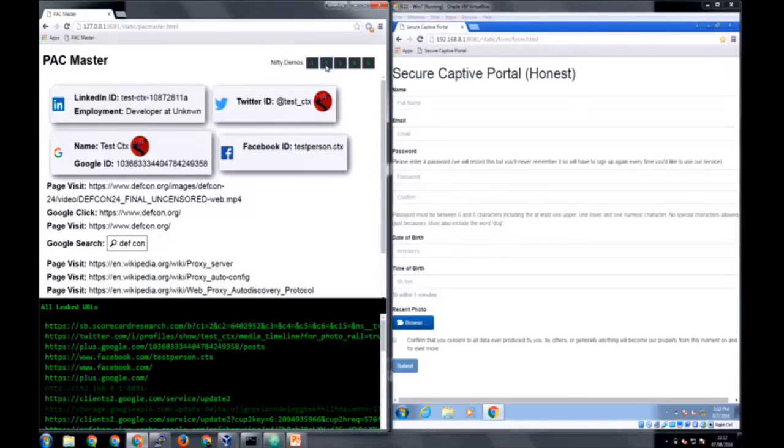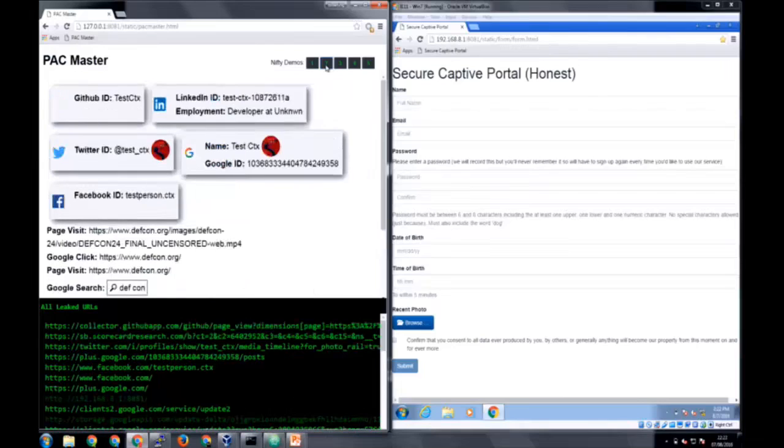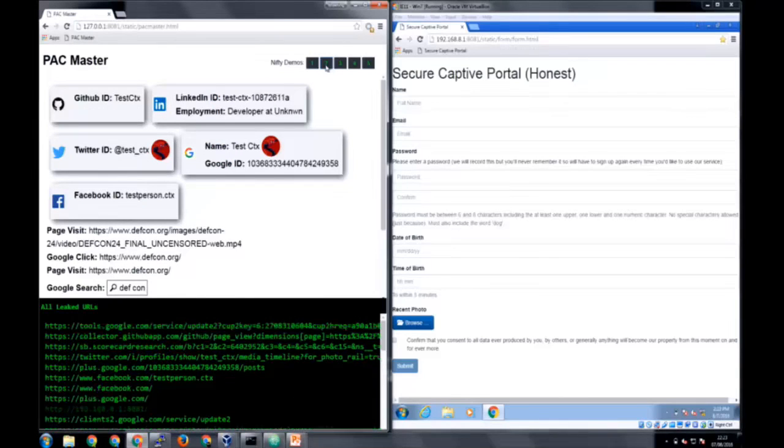So it looks like pulling the Google Images hasn't worked this time. Show the video. I might rerun it, see if we do it. But you can also see we can also get their Twitter ID, LinkedIn ID, and their employment from LinkedIn, GitHub ID. This is just a really small subset of services that we were querying here, but there's a lot more we could do with that. I'll try just rerunning it, see if we get anything else or not.